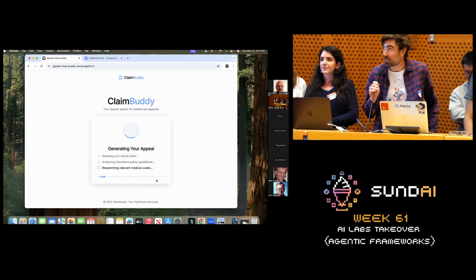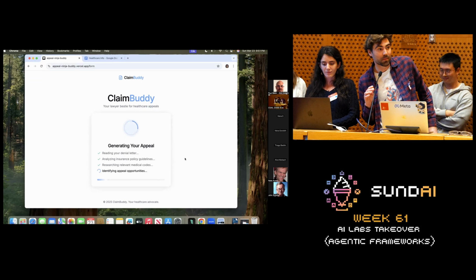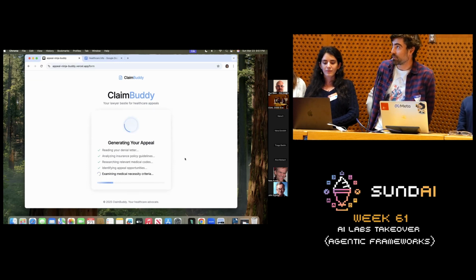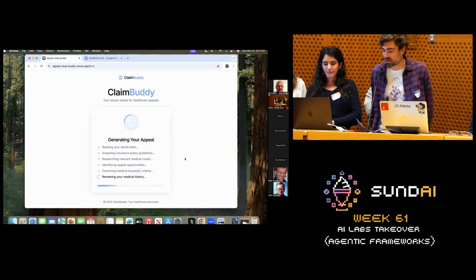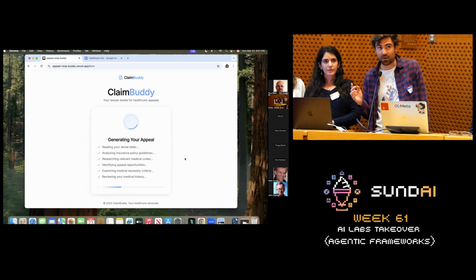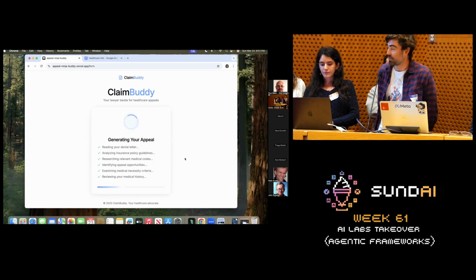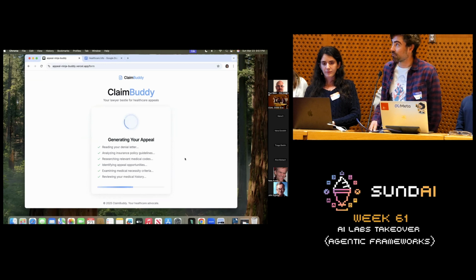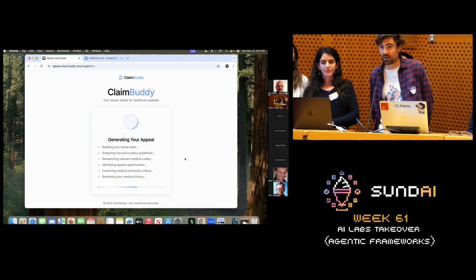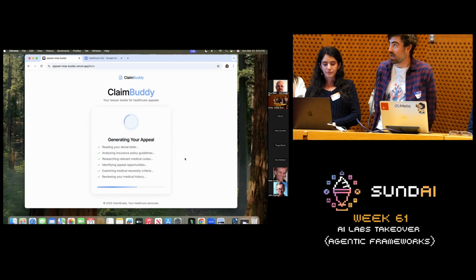Yeah, so we took the policy and uploaded it to the Maestro file backend. Right now we're using both the file search functionality to go through the specific policy, and also the web search to look up other information on how you can file these appeals. So both up-to-date information on how you file these appeals, and any medical codes or anything else that could be relevant. We're using everything from the denial letter, any other relevant medical context that the user puts in, as well as the policy number, and all of that medical information to now write an appeal letter,